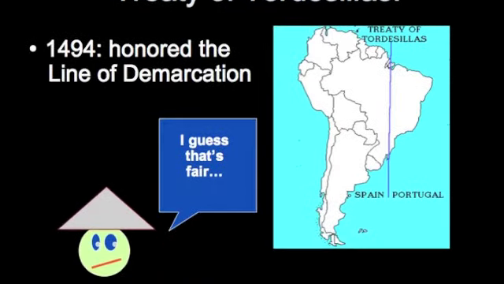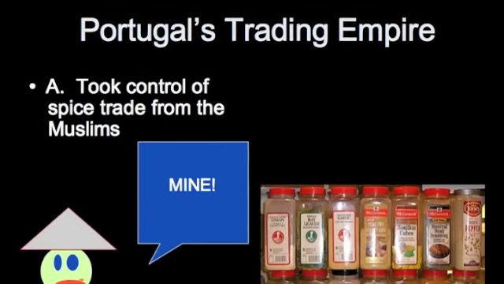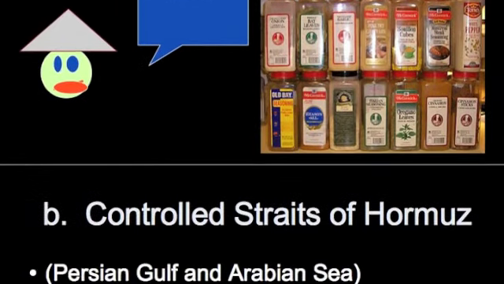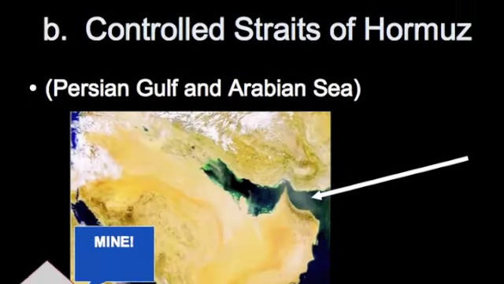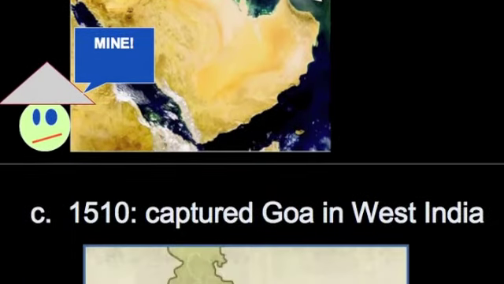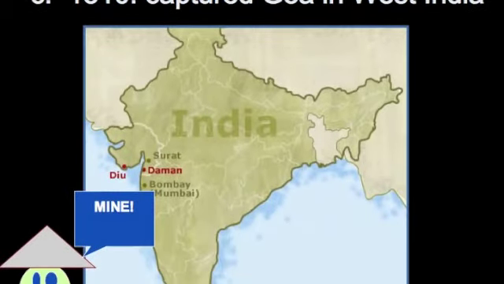So they signed and ratified this Treaty of Tordesillas in Spain in 1494. And it basically said everything to the east was Portugal's, and everything to the west was Spain's. And of course, they didn't know just how far west the Americas went at the time, so Spain got a good end of that deal. So now they started taking control of lands that were previously controlled by various Muslim empires, right? So you have